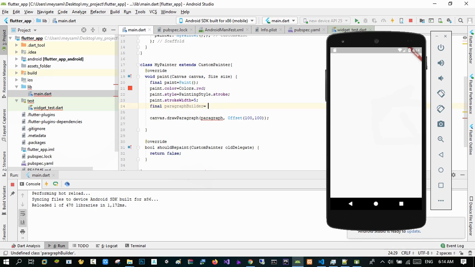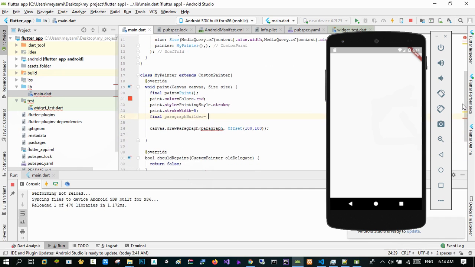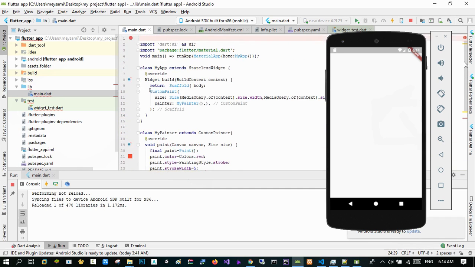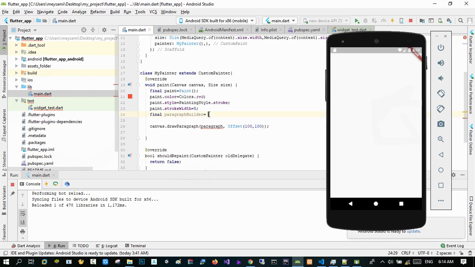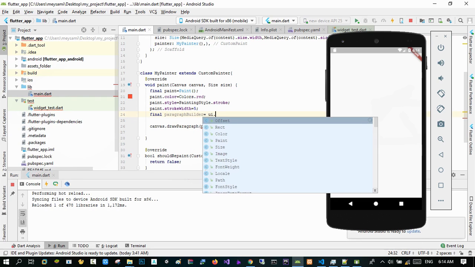After that we write equal, and we write ui. Remember that we want to use the ui library. Let me delete this one. So I write import dart:ui as ui. So we import the ui library as ui here. And then we write ui.ParagraphBuilder